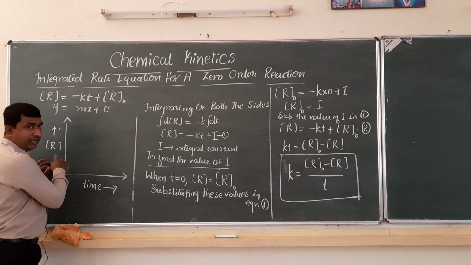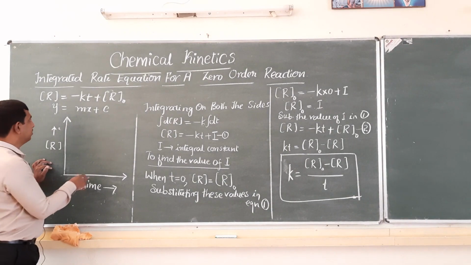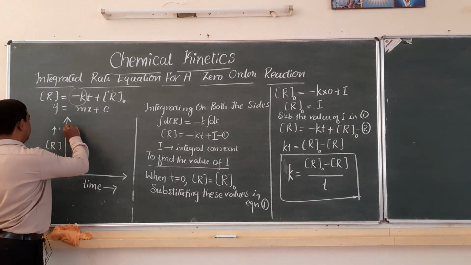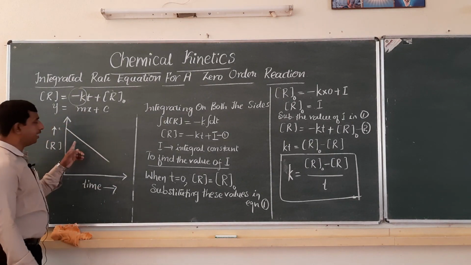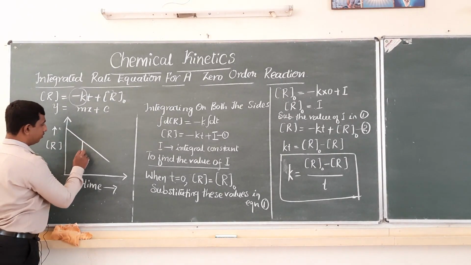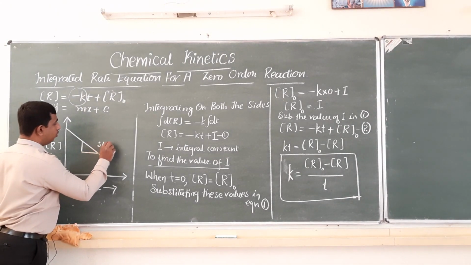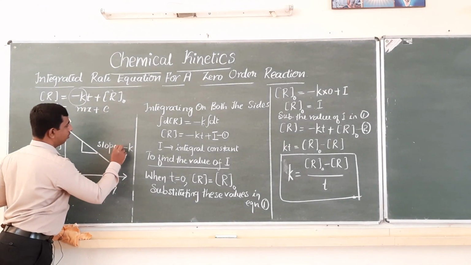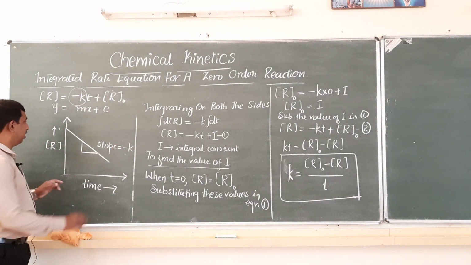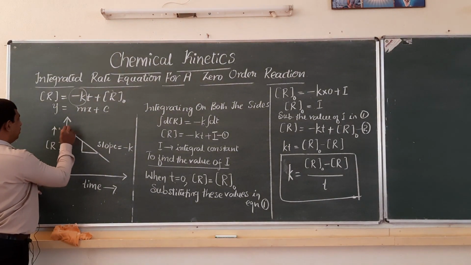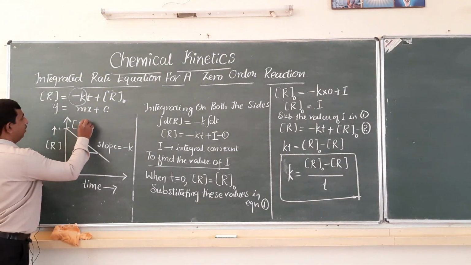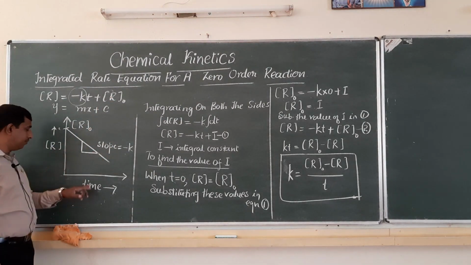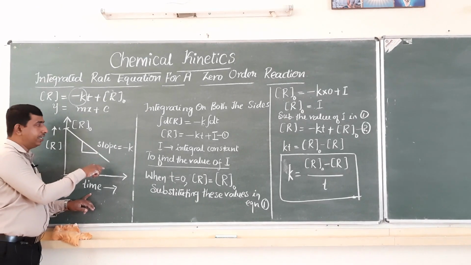So on plotting y versus x, we have to get a straight line with negative slope, correct? With negative slope like this. The value of slope is equal to minus k. And this intercept value is r0. So on plotting concentration of the reactant versus time, we'll get a straight line with slope equal